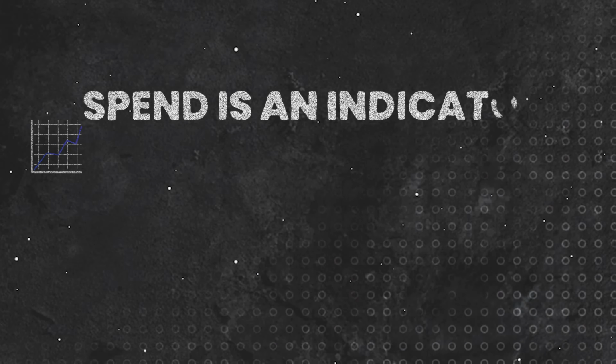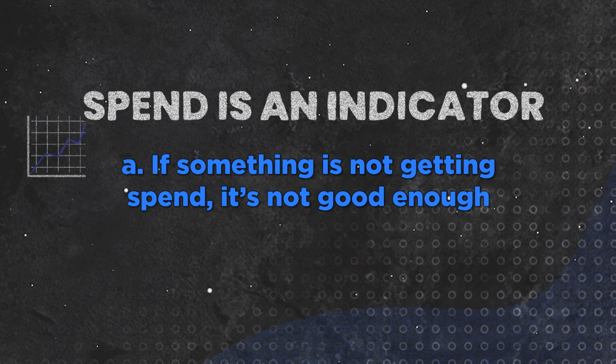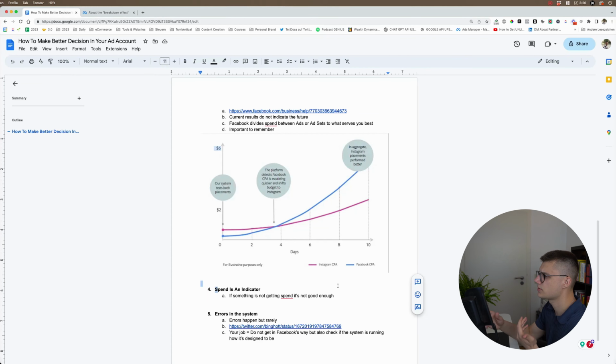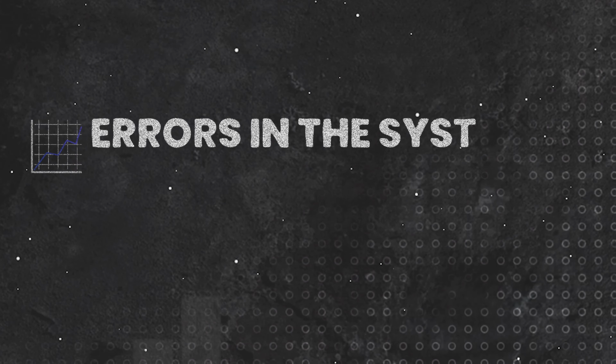Then number 4, spend is an indicator. Very short point, but if something is not getting spent, it's not good enough. If you're testing with a CBO setup, if you are having 5 to 7 ads within your scaling campaign and one is not getting any spend, even though you think it's a great ad, it's getting great ROAS, it's simply not good enough to deserve spend. Yes, it may be good at giving you like one purchase every $10 every other day, but it's not better than that. And I think the 5th point that we have to cover is, errors do happen in the system,